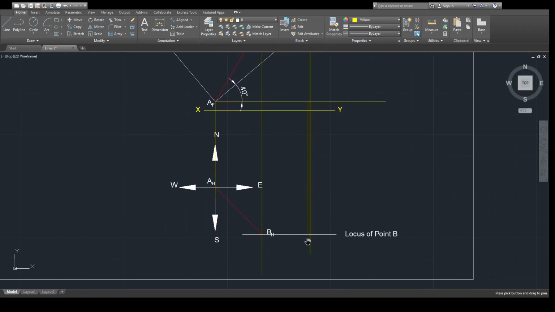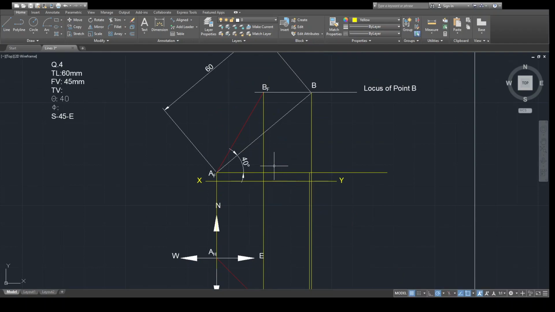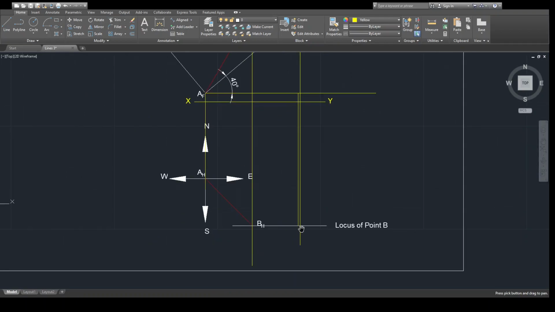So up to the locus of point B we have extended the projection. What we have done, we have just rotated this line. The front view you need to rotate. So rotate the front view up to the locus of point A, then go vertical projections down up to this locus of point B. So we have obtained one point. Then from point AH you just join here. It is white in color, we will show it in white.